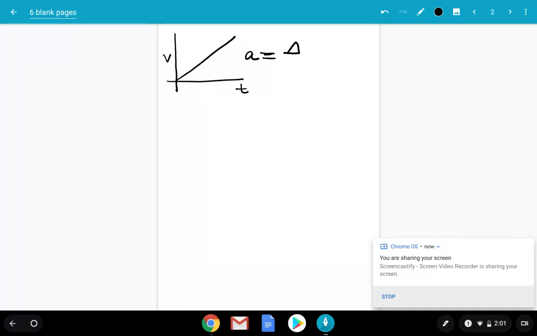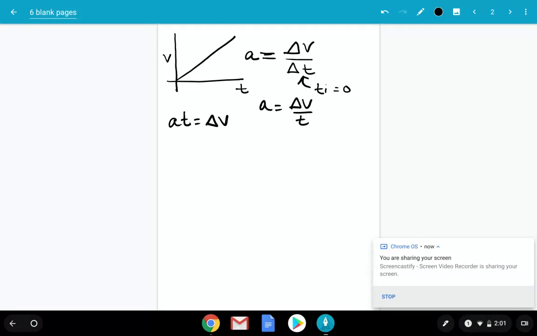Acceleration is the slope of the line. So that's going to be the change in velocity over the change in time. To be fair, most of the time, our initial time is 0. So this is often simply written like this. Okay, I'm going to rearrange it,